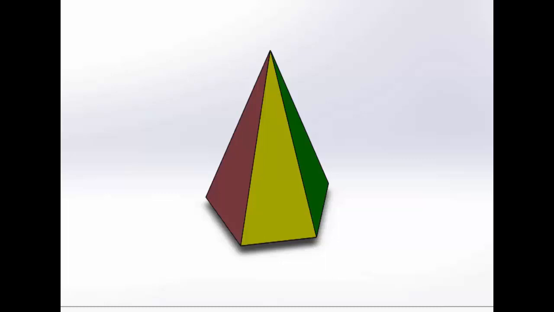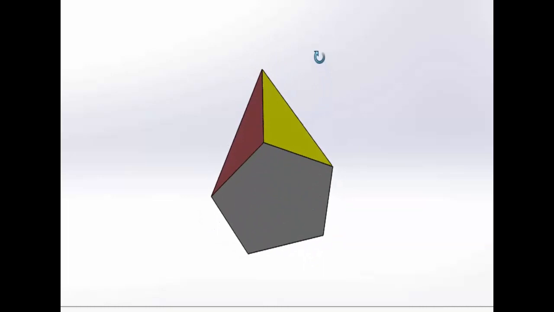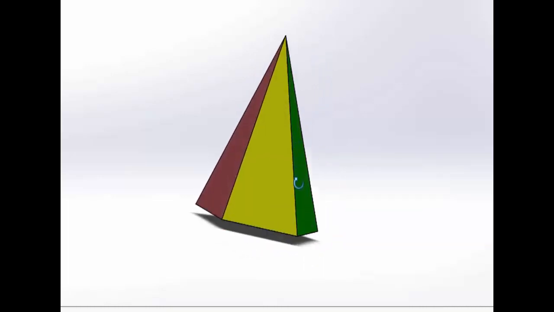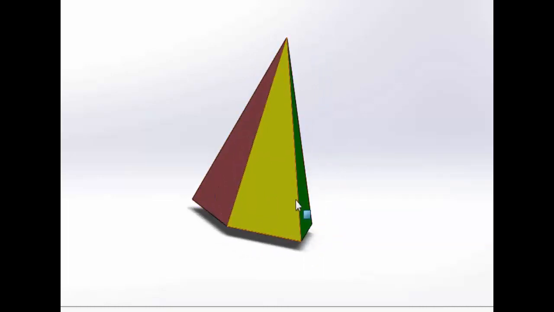perpendicular to HP. So the basic difference between a pyramid and a prism is that a prism will have two bases and rectangular faces in the sides, whereas a pyramid will have one single base and an apex point here. You can see the cursor, this is the apex point, and on the base side you will have a polygon like this. In the sides, you will have only the triangular faces. This is called a pyramid.